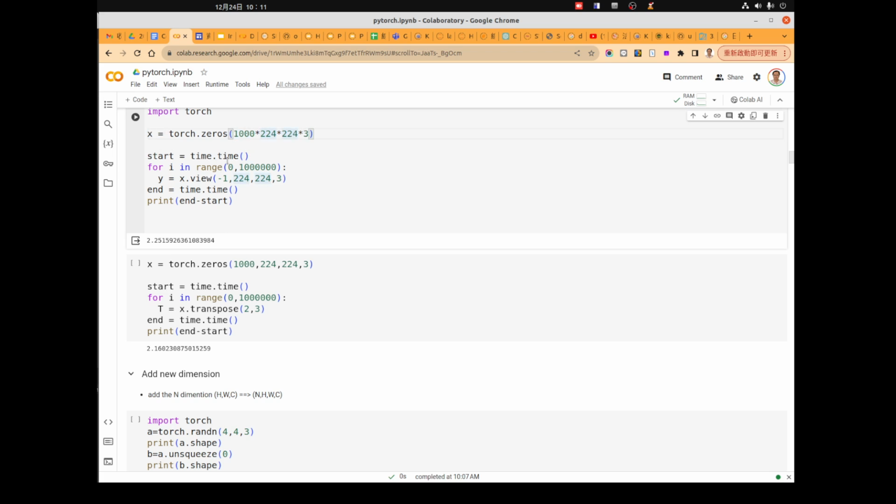After we initialize it, we will try to do a reshape here. So this is one dimension, and we make it a 4-dimensional tensor by using the view function. You can see that it doesn't really take too much time for each view function call. Since this is a very big array, this would be impossible if we really did anything to copy the elements to create a new tensor.